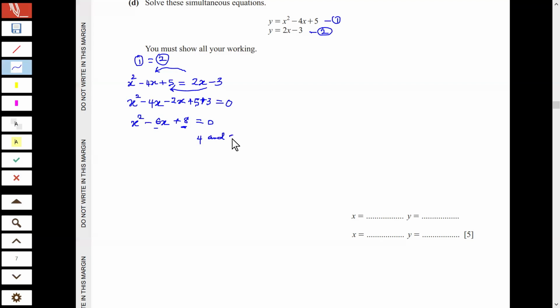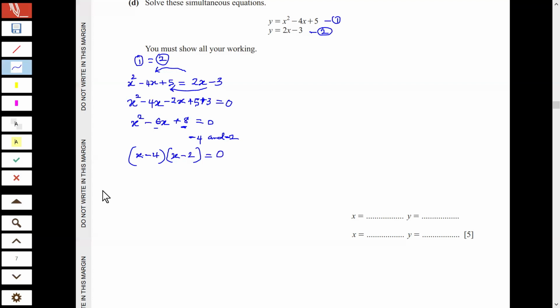4 and 2. So if the 4 is negative, the 2 has to be negative to satisfy the condition. Negative 4 times negative 2 gives positive 8. And then negative 4 plus negative 2 gives negative 6. So if you are to factorize this, all I have to write is just x minus 4 times x minus 2